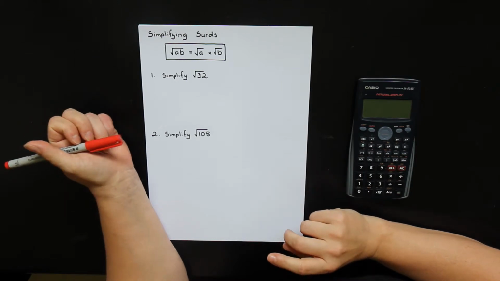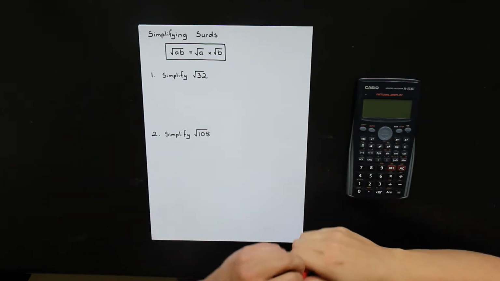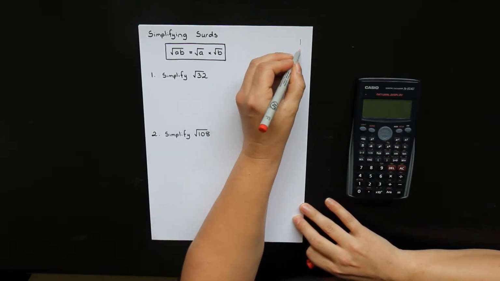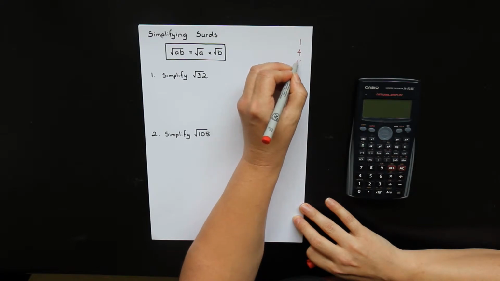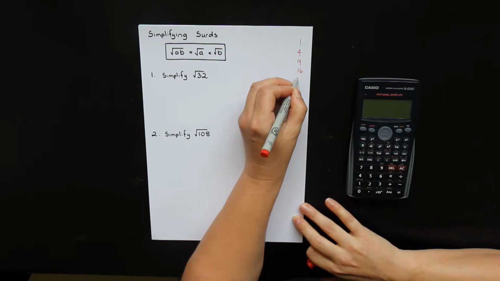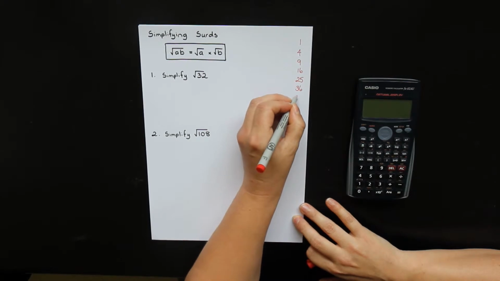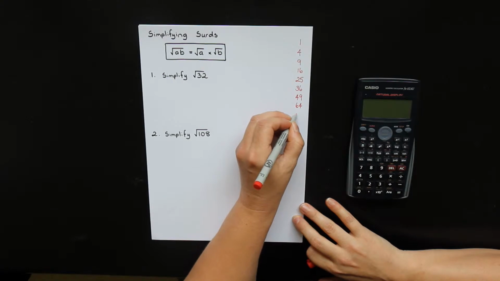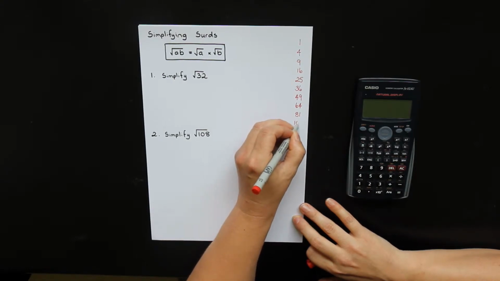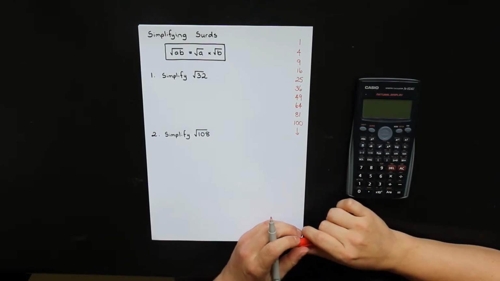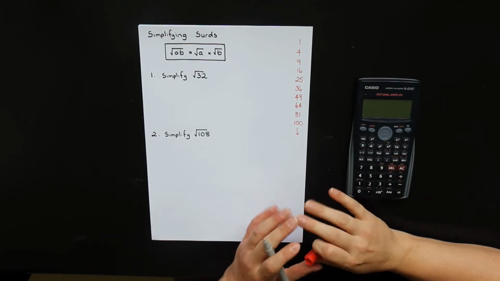But to do that, first of all, you need to know your perfect square numbers. Let's go and list them all. 1 times 1 is 1, 2 times 2 is 4, 3 times 3 is 9, 4 times 4 is 16, 5 times 5 is 25, 6 sixes are 36, 7 sevens are 49, 8 eights are 64, 9 nines are 81, 10 times 10 is 100. That's probably enough. Those are what we call perfect square numbers, and we need to use those to help us